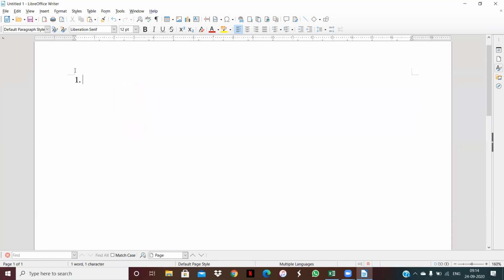First one is the main document. Another one is the data source. Yes, my dear students, if we want to print a letter with the help of mail merge, we need two things. First one is the main document. Main document means the document that contains the text, meaning what text we want to send to the multiple recipients. That text is contained by the main document.